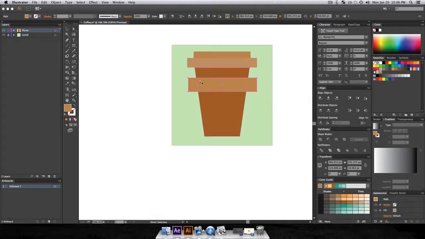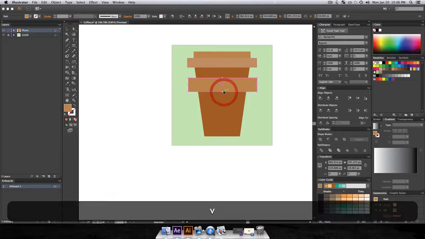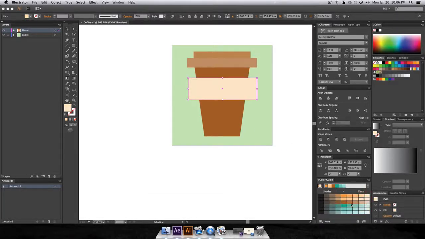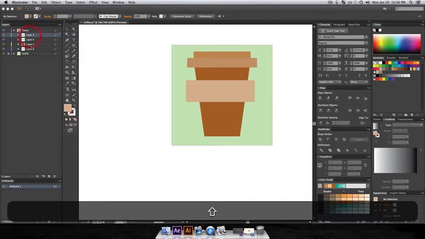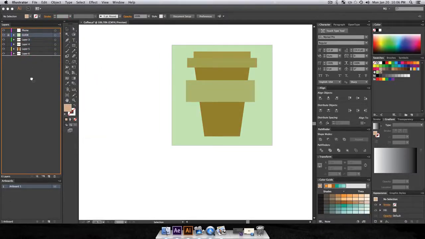And actually, I know this is going to be a mask, so I'm just going to draw a real quick one like this, and this is going to be like that hand guard or protection or whatever, because the coffee mug will probably be hot. So just click this and go and release layers to sequence, and drag these out, and just repeat what we just did one more time, and then we have to do this one more time, and then we're all set